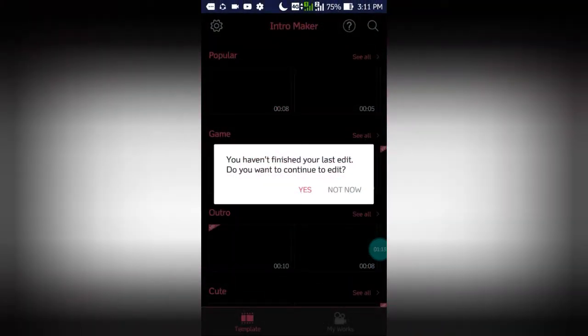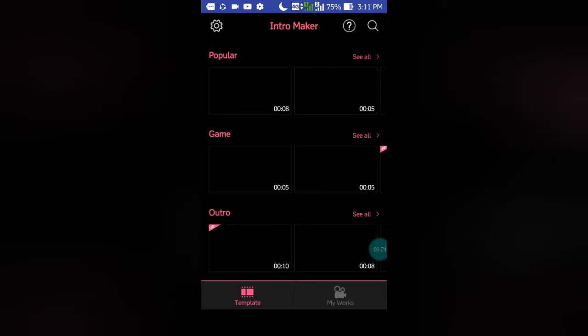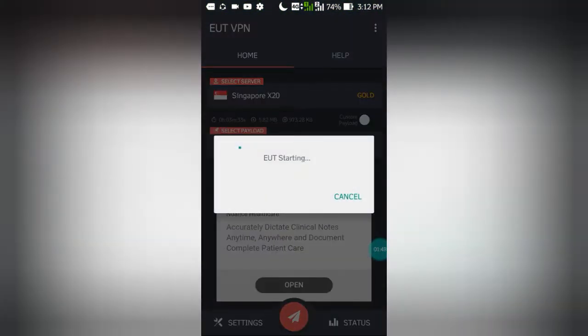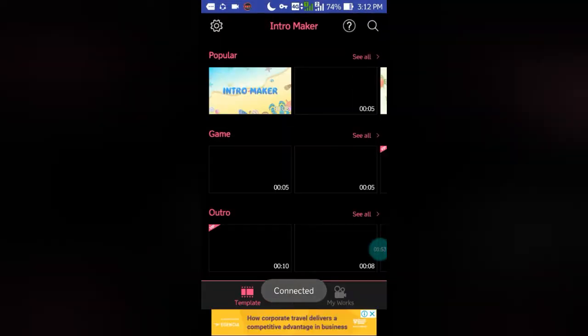So guys, napapansin nyo, di natin makikita yung templates. Before, nung hindi ko pa siya in-update, nakikita ko yung mga templates. But now, bagong update to, kailangan nating i-turn on yung internet connection para makapagpili ng templates or para lumabas yung mga templates dito. So, turn on muna natin. Okay, so yan, lumabas na po yung mga